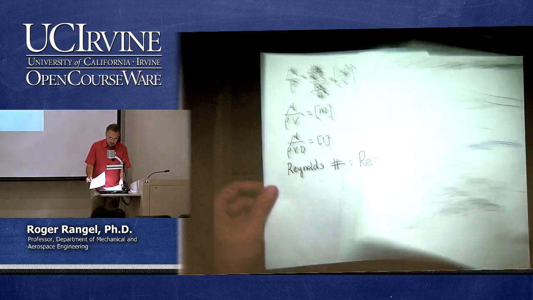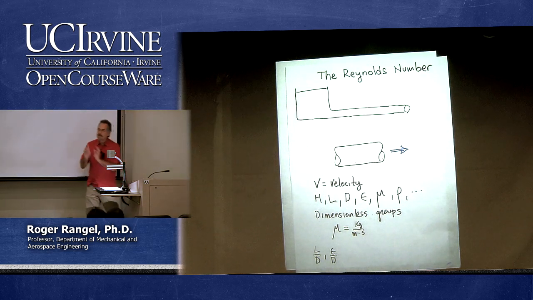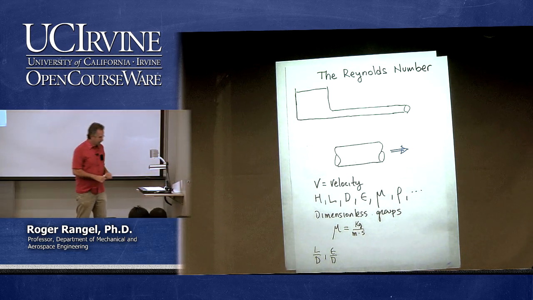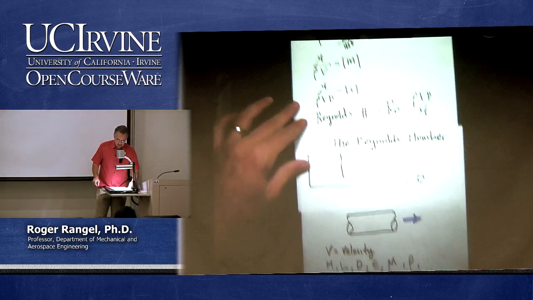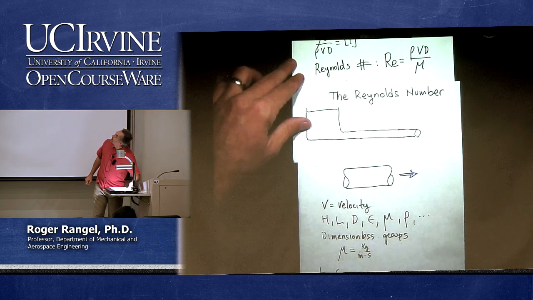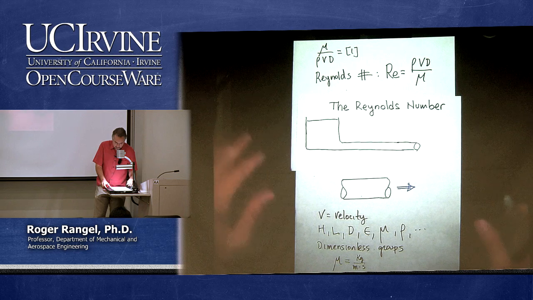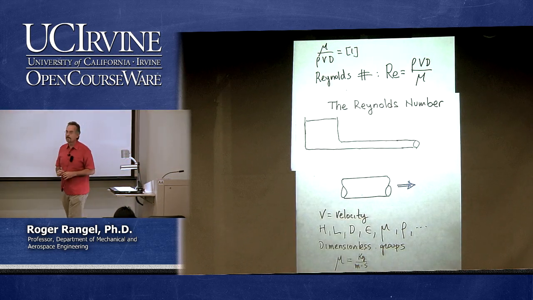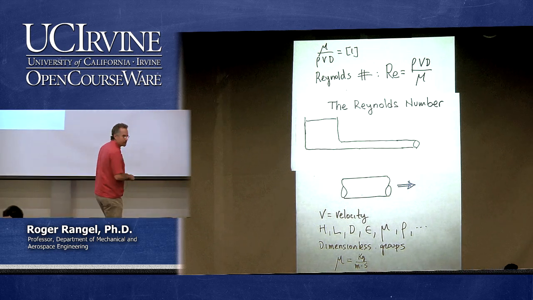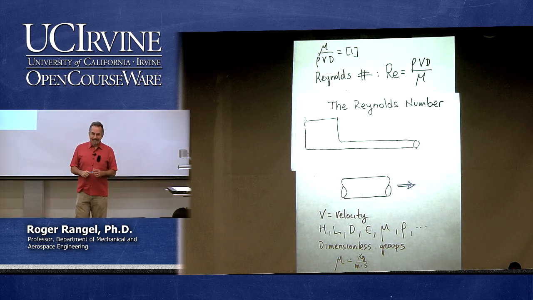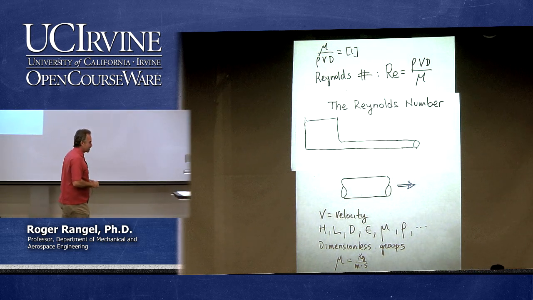Because let's go back to the experiment. Suppose that I start out with a very small Reynolds number. Take a look at what the Reynolds number is, right there. And suppose I start my experiment with a very small Reynolds number. What do you think the flow will look like? Slow is right, because the Reynolds number has a velocity in the numerator.